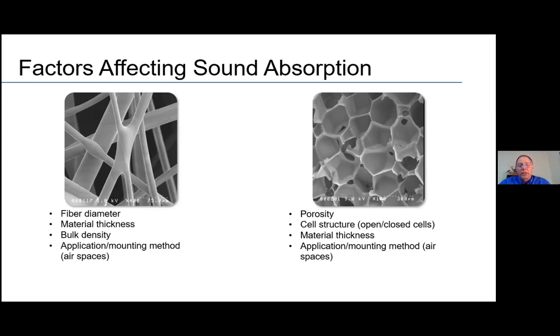Again, looking at that cell structure, material thickness can become a very governing factor when looking at the performance, and again, how that material is mounted and installed can have a big impact. Installation is very critical in any acoustic insulation system, because you have to look at is there a mechanism whereby the noise of the pipe, the vibration of the pipe is being transferred to the insulation system itself, and therefore not necessarily being reduced, but it could actually be accentuated.